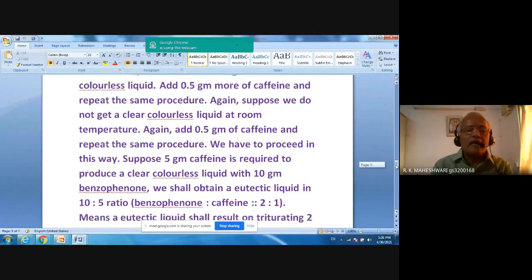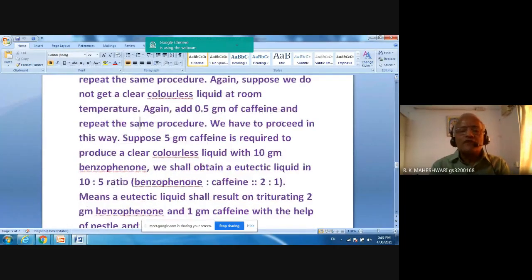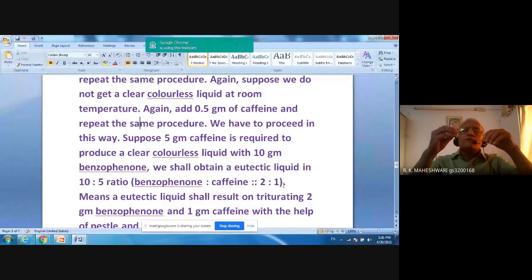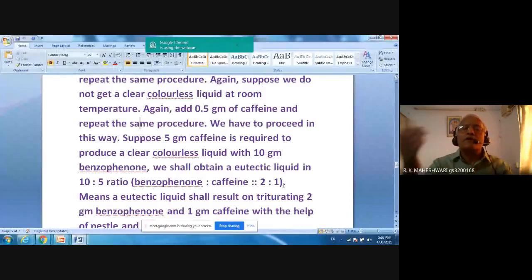10 is to 5, the ratio. It means 10 gram of this, 5 gram of this, so a 2 is to 1 ratio. So whether you make this Eutectic liquid by heating, or if you triturate, then also you will get it, because during